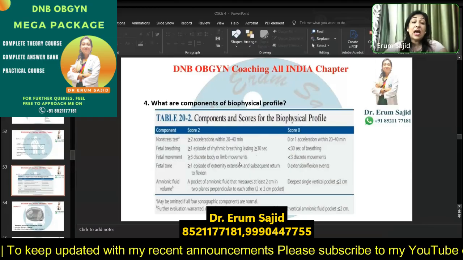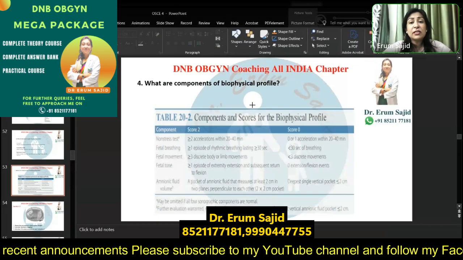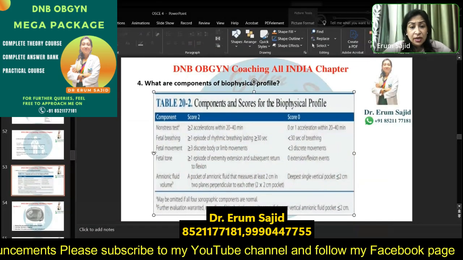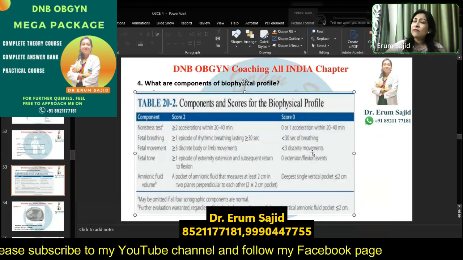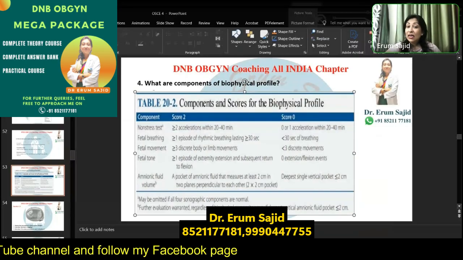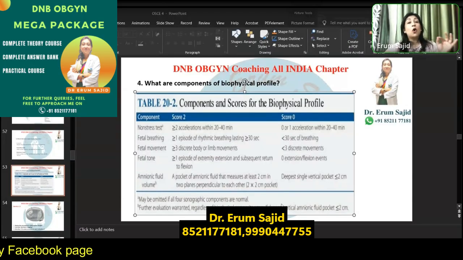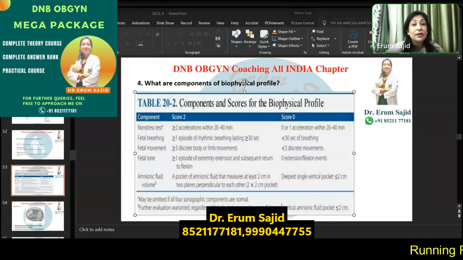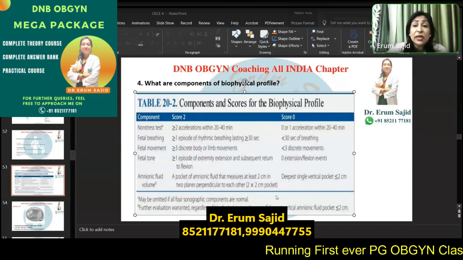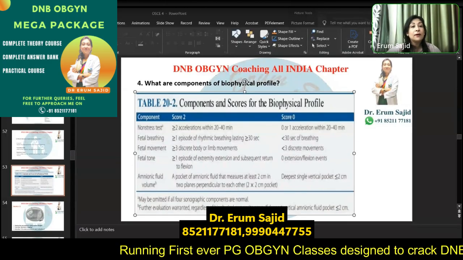Components of the biophysical profile, guys, you should know. Because especially for decreased fetal movements and fetal growth restriction, many times we say we follow up with BPP. And I have a habit of asking, can you tell me the components of BPP? Can you give me the components of the ACOG score? That you can never skip. Every time you are at the risk of being caught, what are the parameters of the BPP profile, the ACOG score, the Bishop score, these scores you cannot forget. Same with neonatal resuscitation, so many times asked in your examination, and at the same time extremely important. So here are the scores.